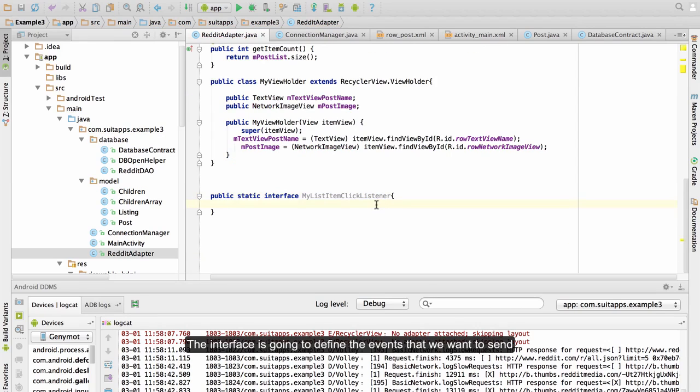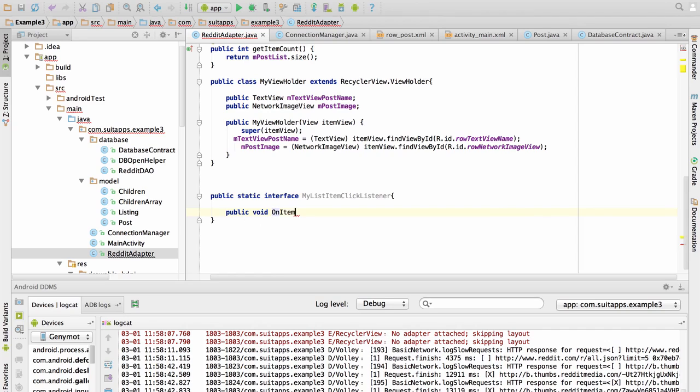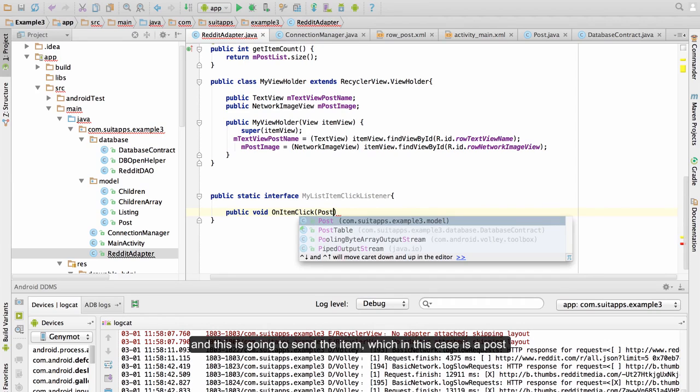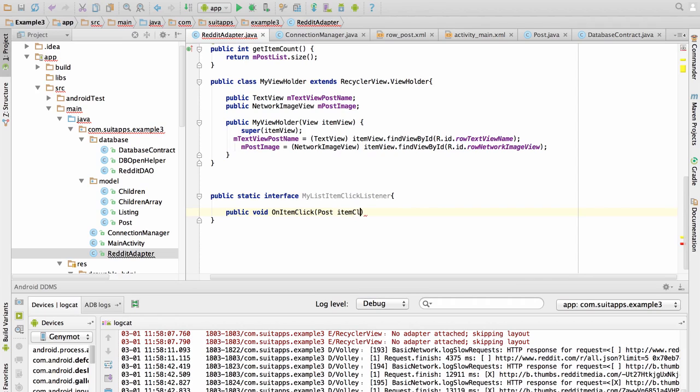The interface is going to define the events that we want to send. So what we want is a method, an event called on item click. And this is going to send the item, which in this case is a post. So the interface is just going to define this.